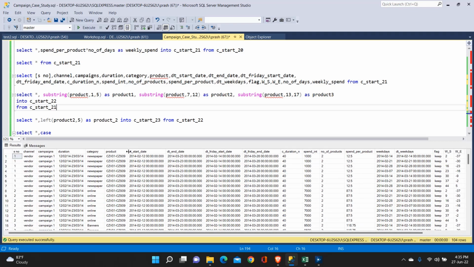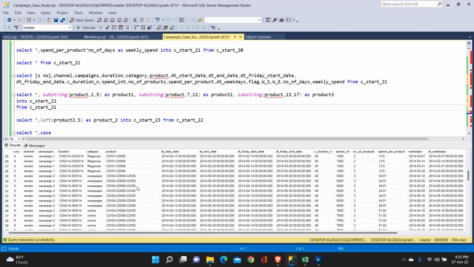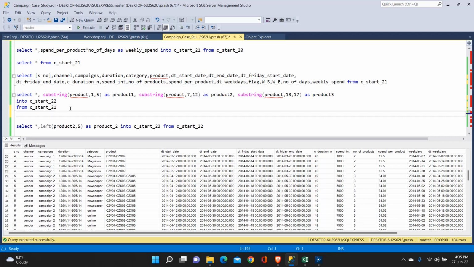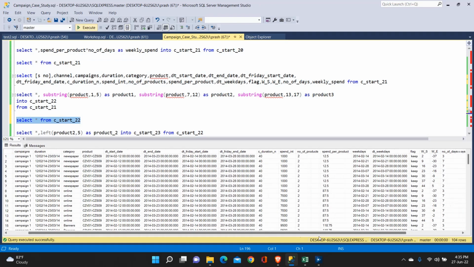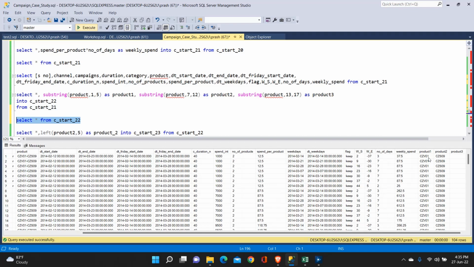So after that what I did is I have to split my product. Where is my product? Here. So I have sometimes 2 products, sometimes 3 products, so I have to split my product into 3 times. So I use substring this time. Product first index to 5th index is our first product, 7 to 12 is our second product, and 13 to 17 is our third product into C start 21 we did. So if we paste 22 and execute this, so what we did is segregated our product into three values,